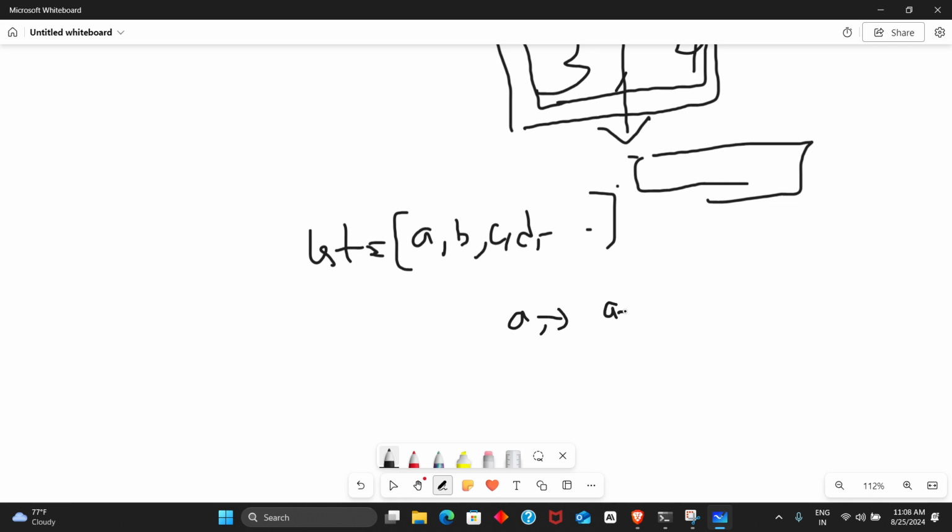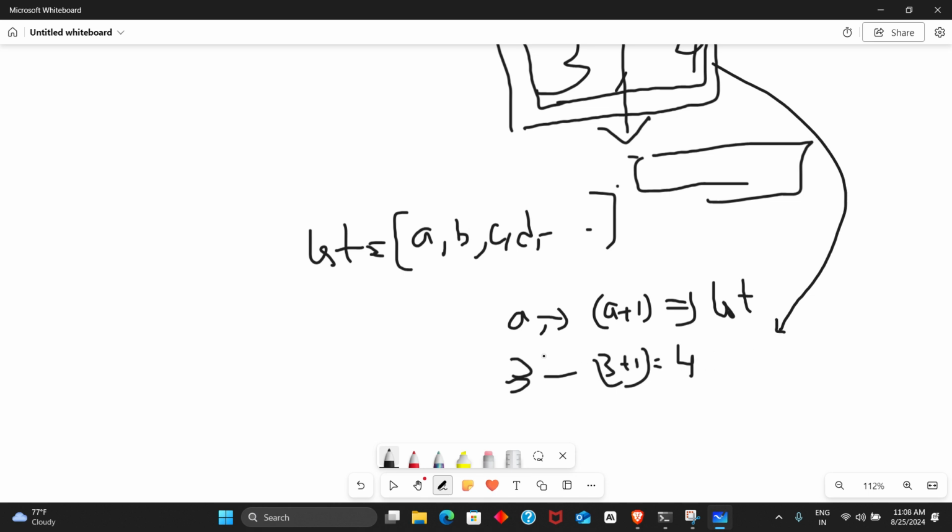If a plus 1 also exists in the same list. Let's take 3 as a, so 3 plus 1 is 4. 4 exists in this list, so a plus 1 exists in the list. So if this happens,